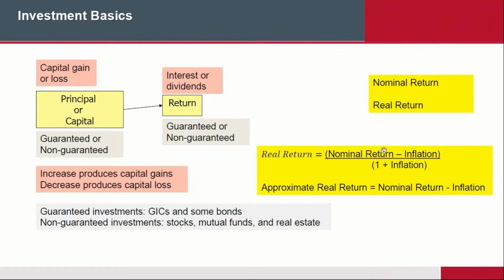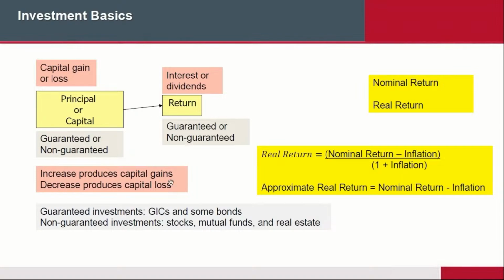If you actually use this formula, it would be 2.94, I think, or 2.96, something like that. So it's pretty close to 3%. Like I said, I wouldn't worry too much about this. Nice to know, but for exam purposes, if you can remember this particular formula, you'll be probably good enough anyway. Basically, it's nominal return, like I said in my example, 5% minus inflation rate, 2%. And so the real rate of return is the after-inflation return, basically. That's really what real return means. It's after inflation, and it will be 3%.